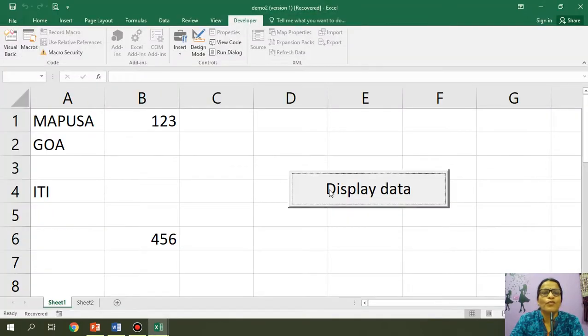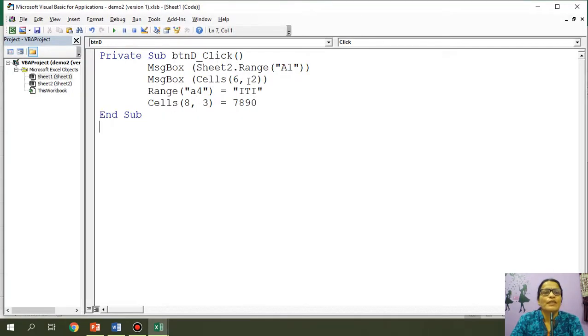We'll execute the code. First is Bardes, then comes 4, 5, 6, then ITI is already there. Now 7890 has come in 8th row, 3rd column. So we have seen how to refer to a particular cell from a worksheet, and how to store some text in a particular cell.